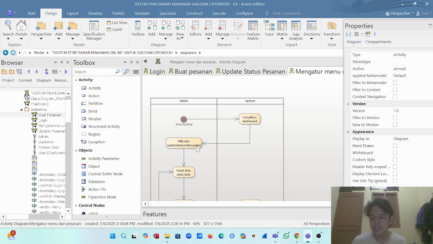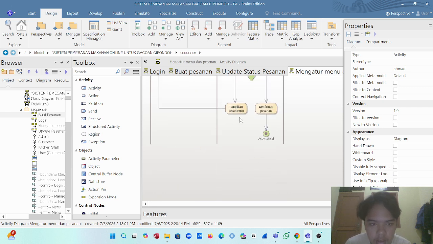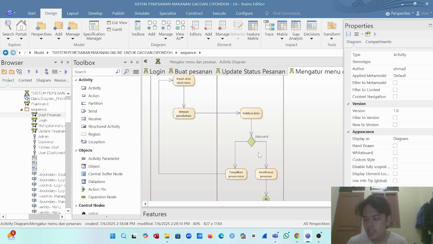The system validates the input before saving it to ensure data integrity. If validation fails, an error message is shown to the admin.